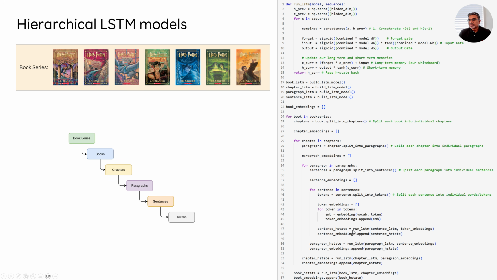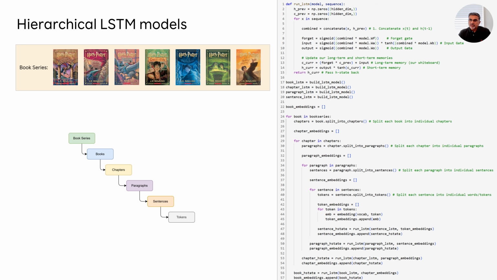Which means that you reset your long-term and short-term memory for the sentence LSTM. Let's look at this. So what you have done here is, let's say you start with the inner loop, the innermost loop, which is every sentence you're processing.